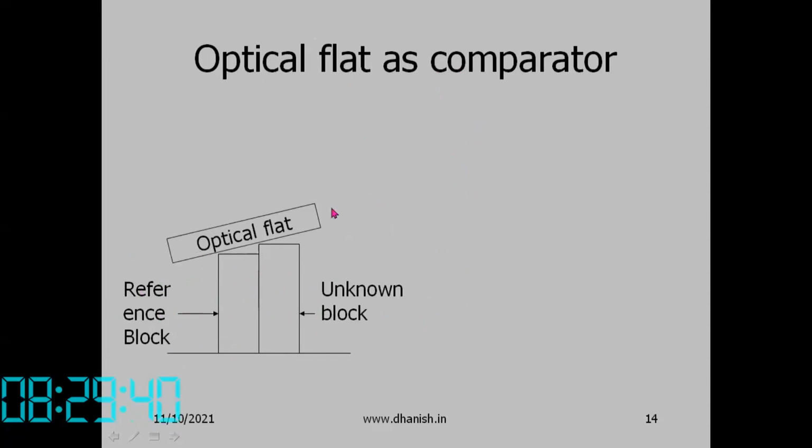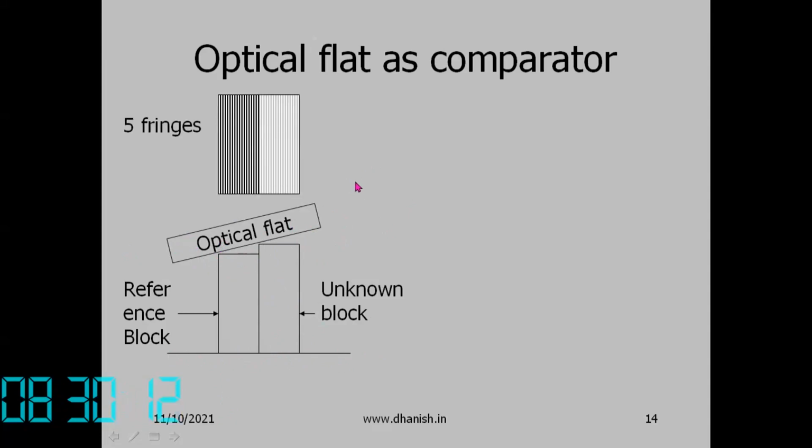What we do is we place an optical flat over the surface. The top two surfaces are the gauging surfaces, and preferably they should be rung over to this surface so that there is no gap. We have defined the length of a gauge block as the length from the rung surface to the top surface. Now we use this as a comparator. If the heights are different, we'll get patterns like this.